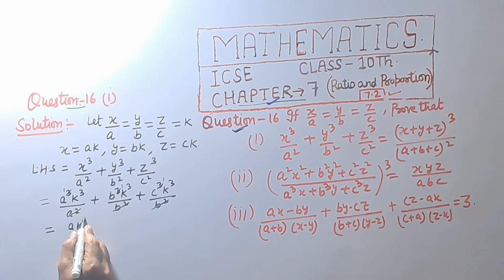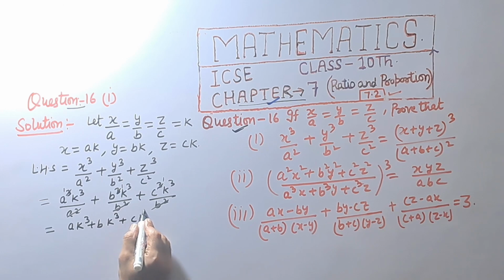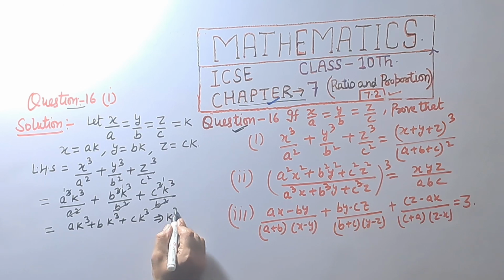a k raised to power 3 plus b k raised to power 3 plus c k raised to power 3, which implies k raised to power 3 is common and a plus b plus c,